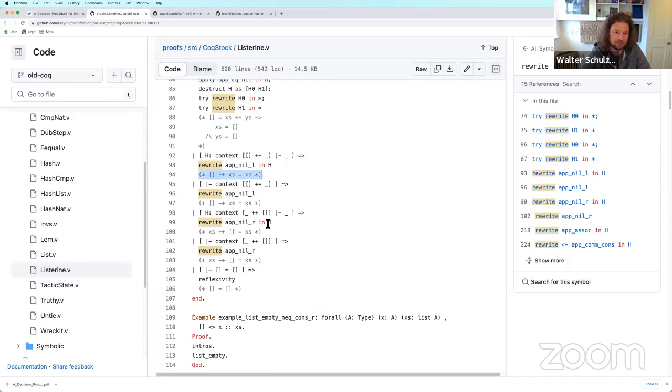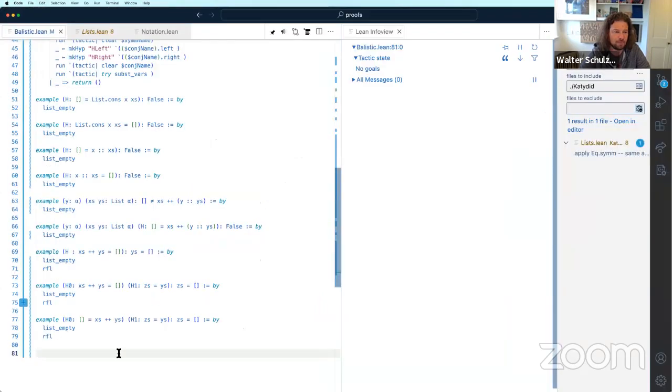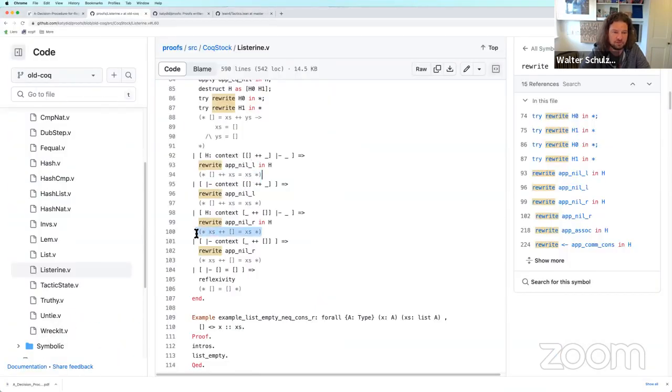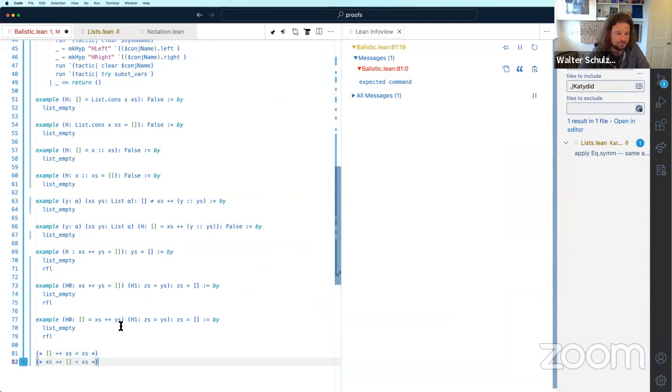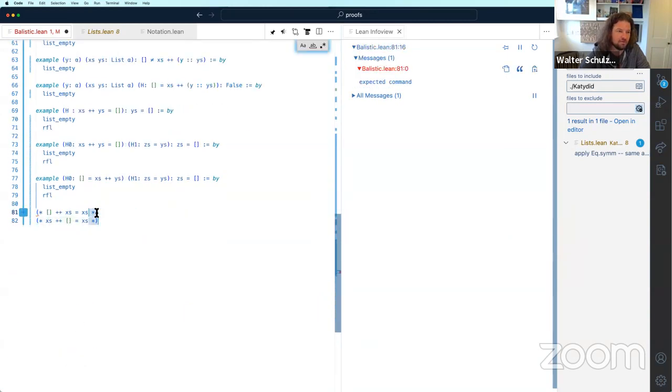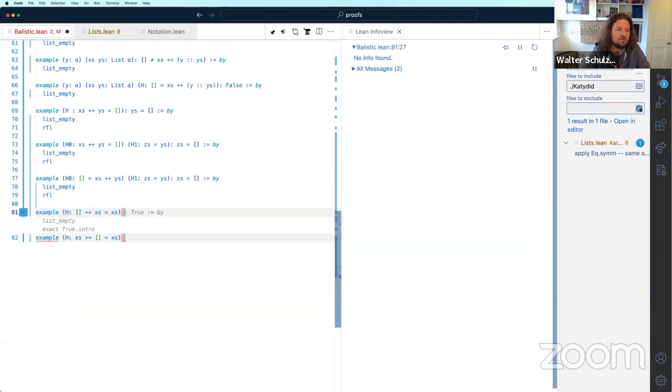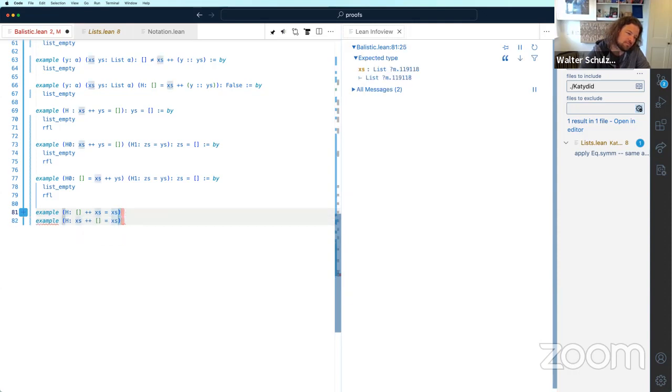So we just need to create some examples. We have this one and the other way. One of them is in the hypotheses, and one of them is just the goal.